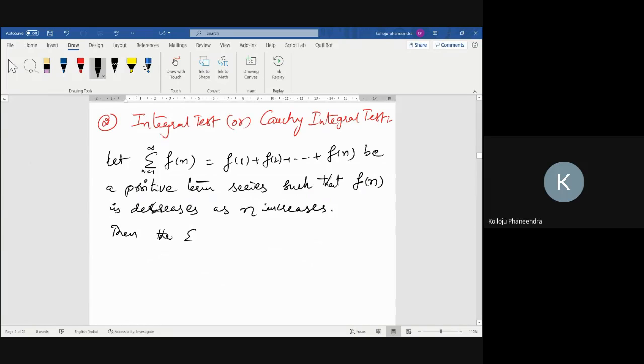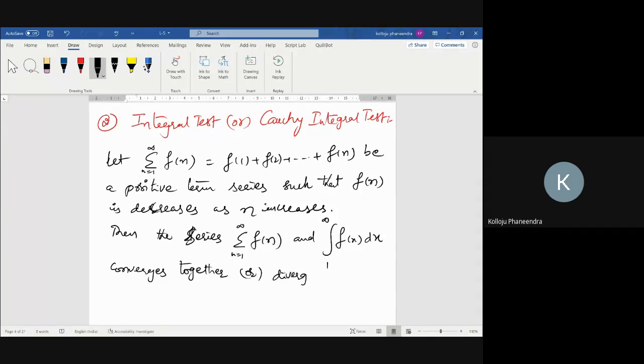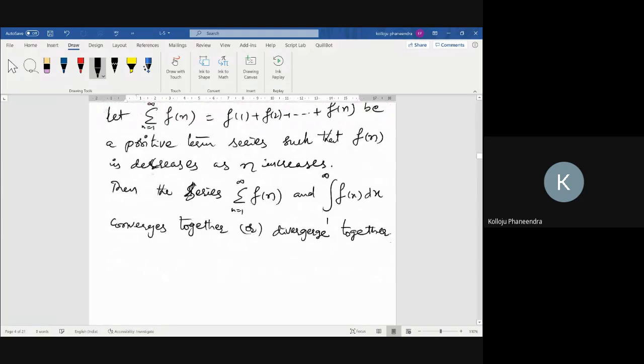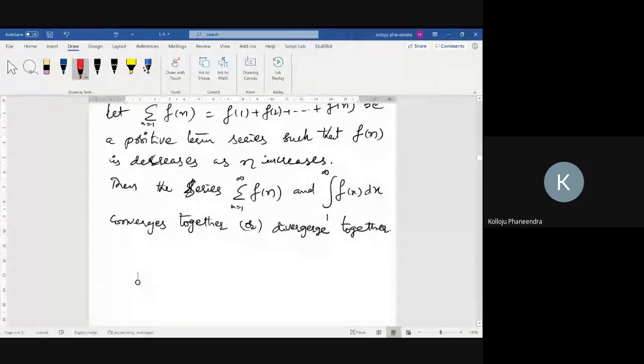the series sigma f of n, where n is from 1 to infinity, and the integral from 1 to infinity of f of x dx converge together or diverge together. This is the statement of the Cauchy integral test, and the note is